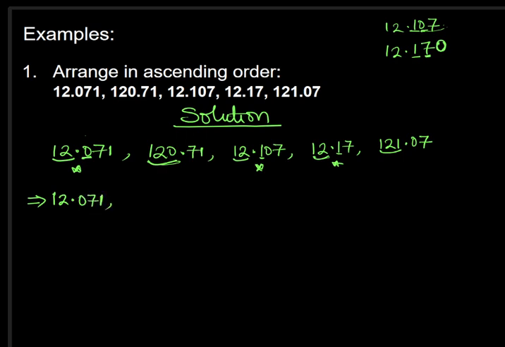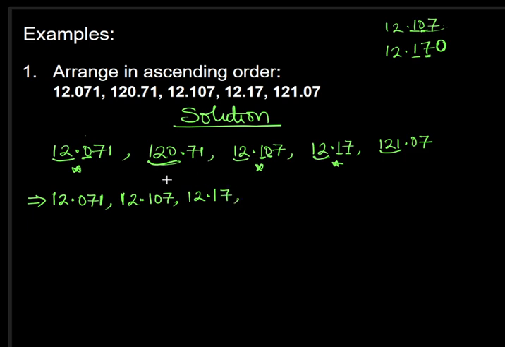12.071 will come first. So this was 1 and 1 here, so we can't decide. So we go to the next digit. This is 0 and this is 7. So 0 comes next. That will give us 12.107. And then the next one will be